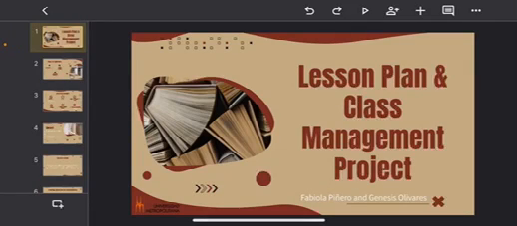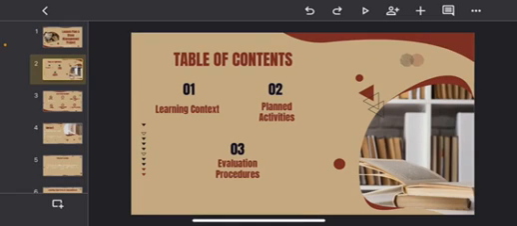Hello, my name is Olivares, and together with my partner Fabiola Piñero, we are going to present to you our lesson plan in class management project. So, first, we are going to talk about the learning context, then about the plan activities, and finally, about the